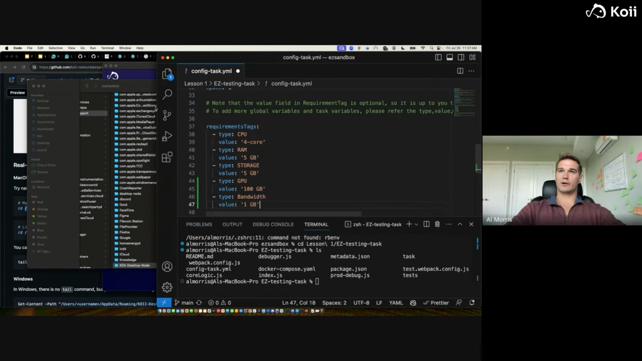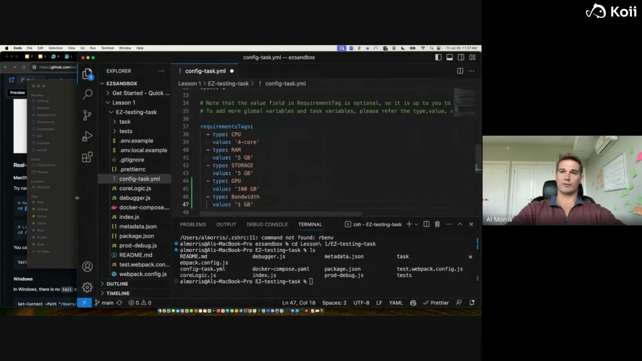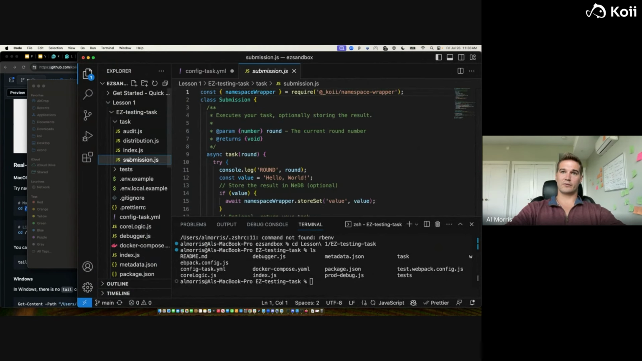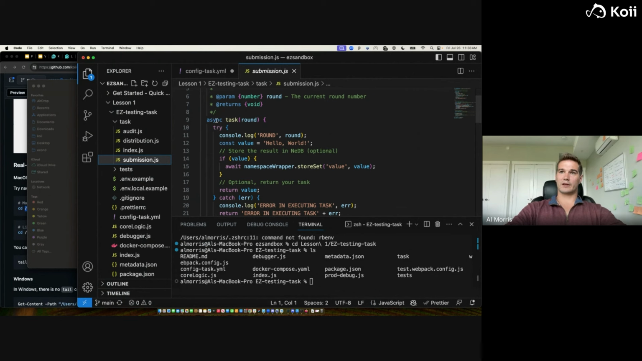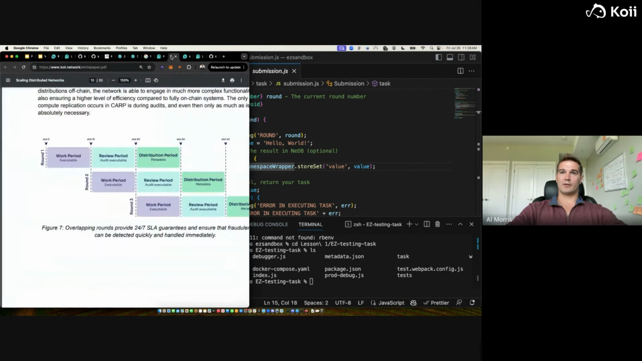Outside of the config, you also have a bunch of files inside this repo. I'll give a quick tour of those, and then we'll go into how you can actually test them. So inside the task folder here, you have a submission function, which is the actual task function and runs every round. And this is where we will prepare that submission object that we talked about submitting on-chain. That's this one that ends up inside of the